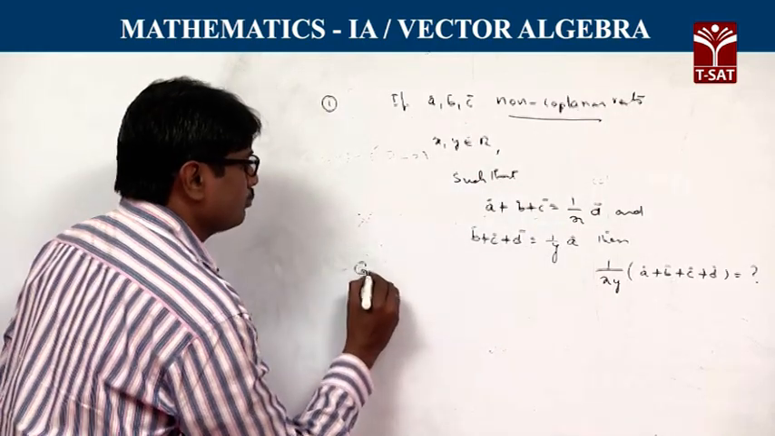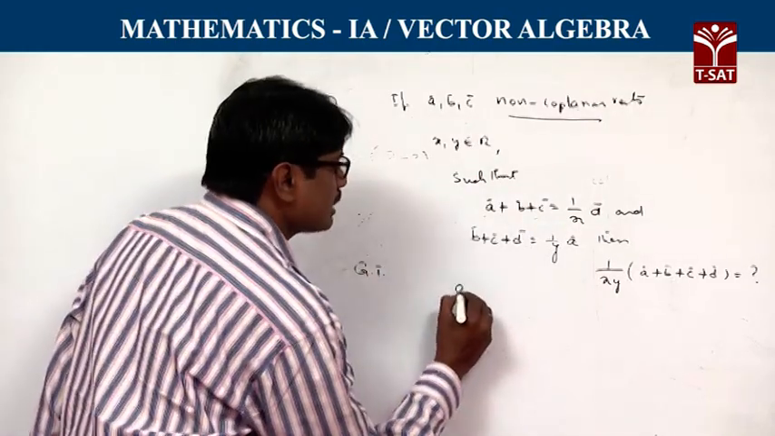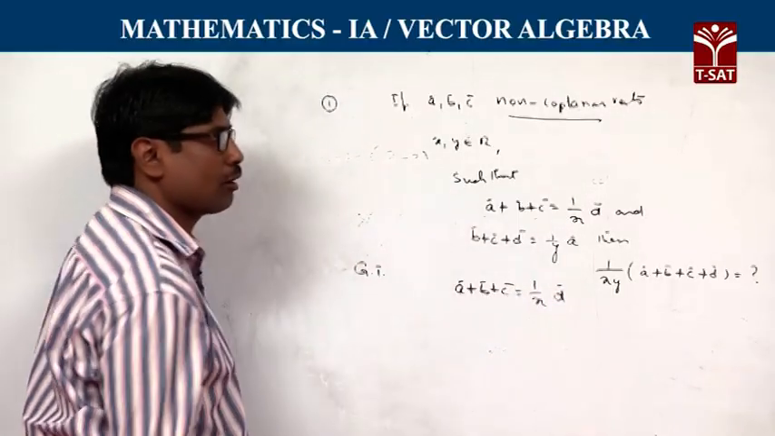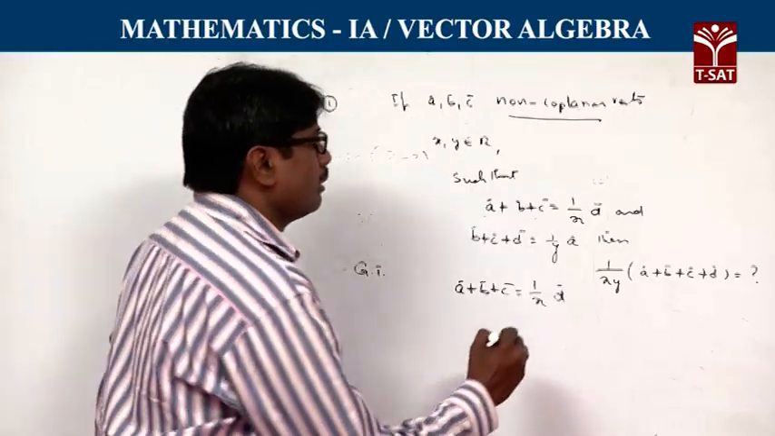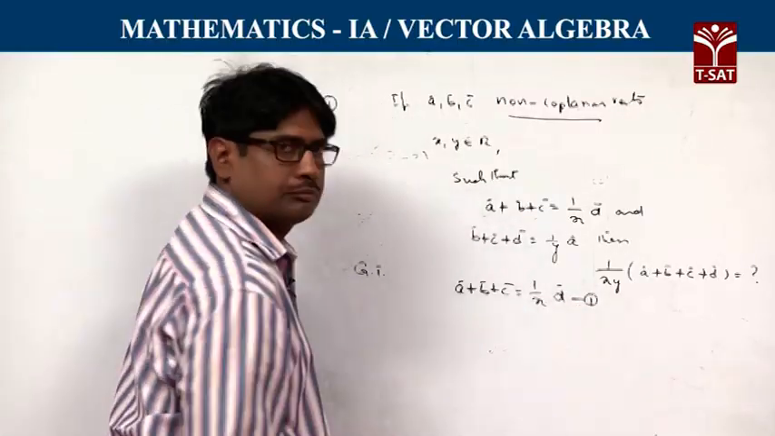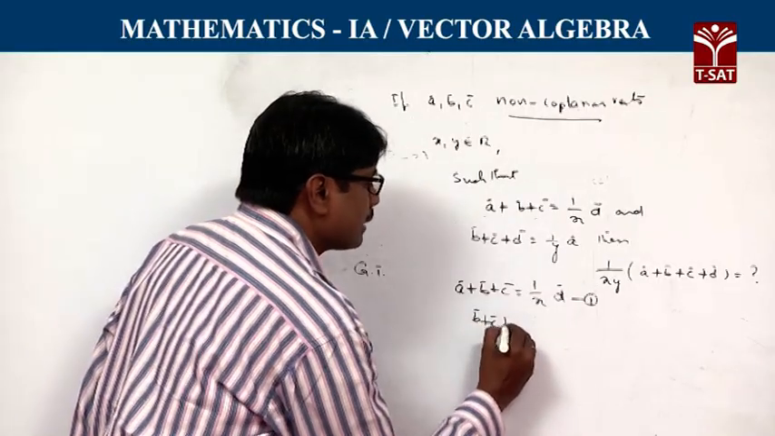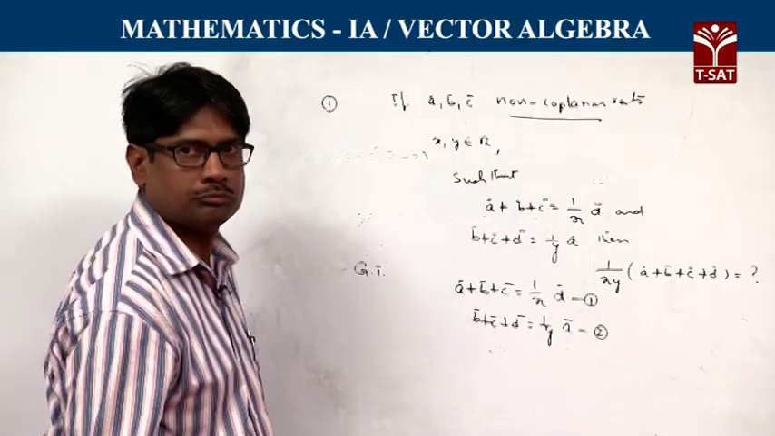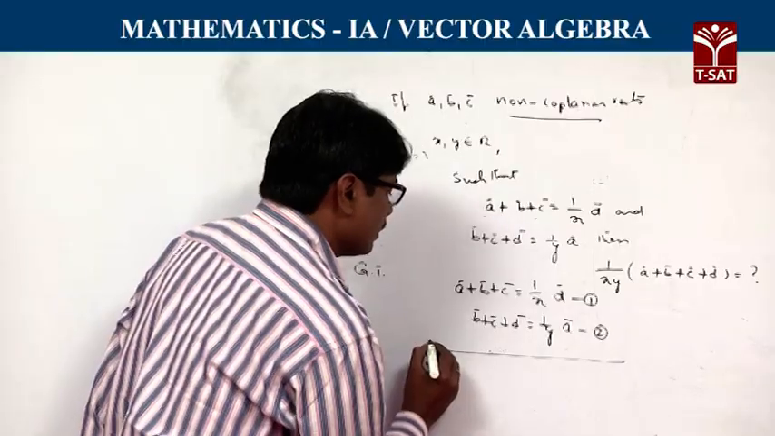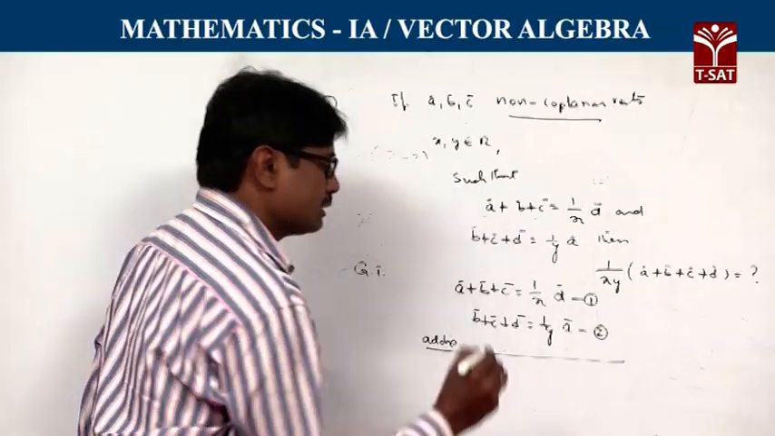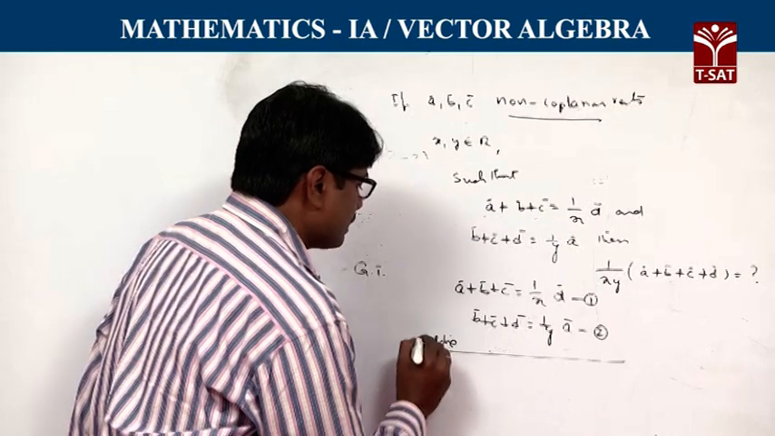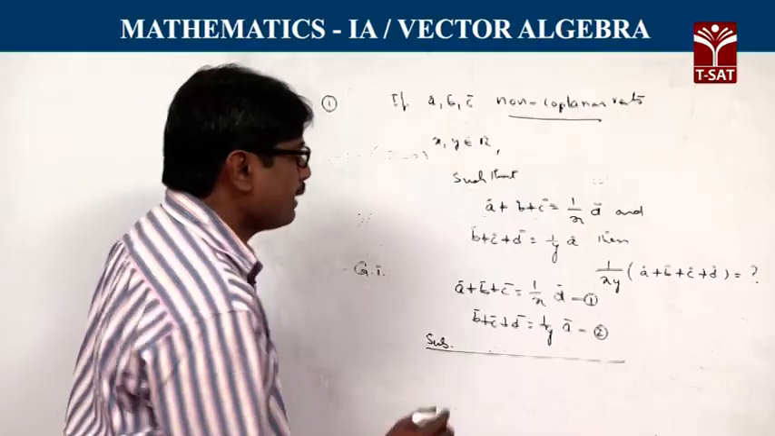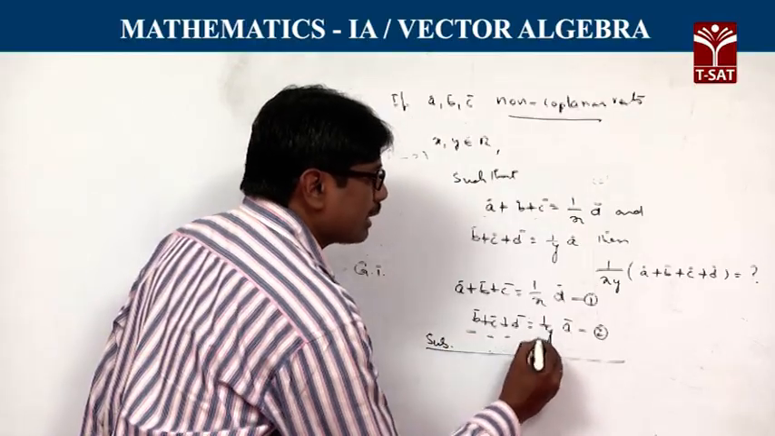First given that a bar plus b bar plus c bar is equal to 1 by x times d bar. First relation. b bar plus c bar plus d bar is equal to 1 by y times a bar. Second relation. We noticed that on subtracting the second relation from the first,